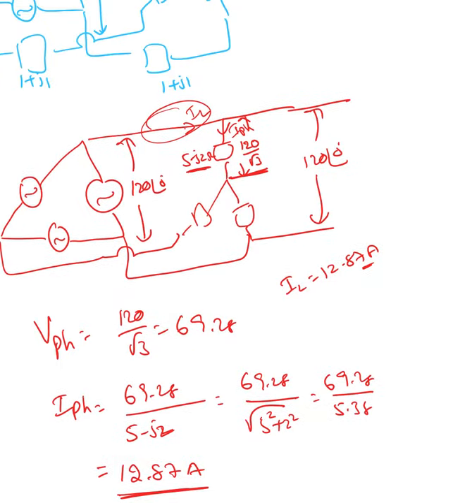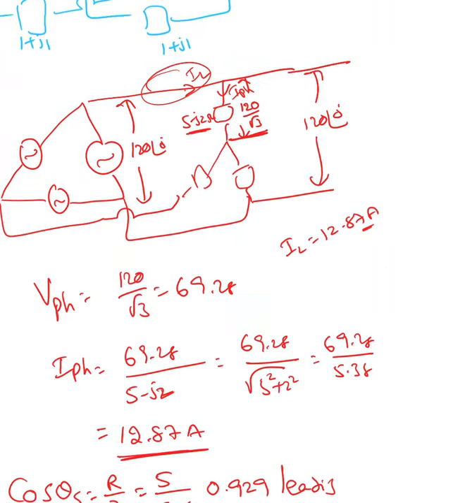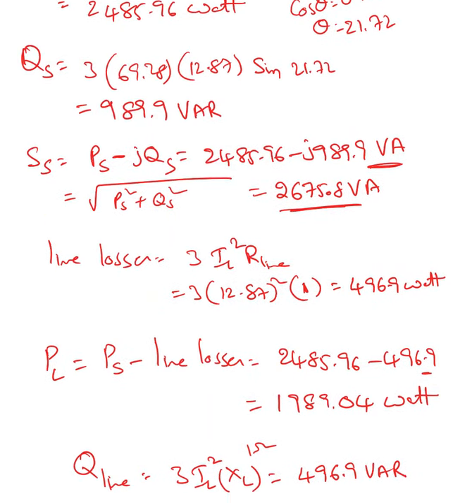The line has 1 plus J1, so that is an inductive load. So an inductive load always takes that much power, when it comes to the load that has capacitance. Q load must be, see, when it comes to the source, you are supplying it back. That's the reason I used minus J. So this minus J indicates that because of the capacitive load, the source is supplying